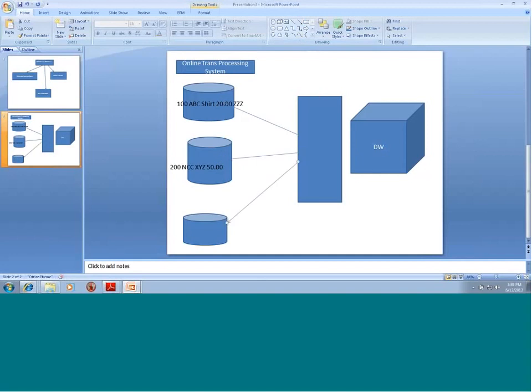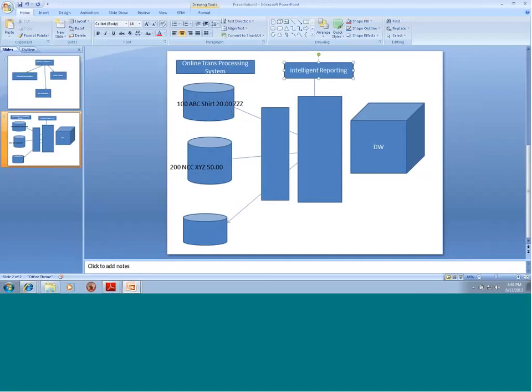Will I be able to do that by looking at these 3 different tables? It becomes very difficult, because the data that is stored in a particular region is stored in one format, and it is stored in a completely different format in another region in another database. So for me to go and look into all these multiple tables and do analysis, and then on top of that, if I were to do intelligent reporting, it would be very difficult,